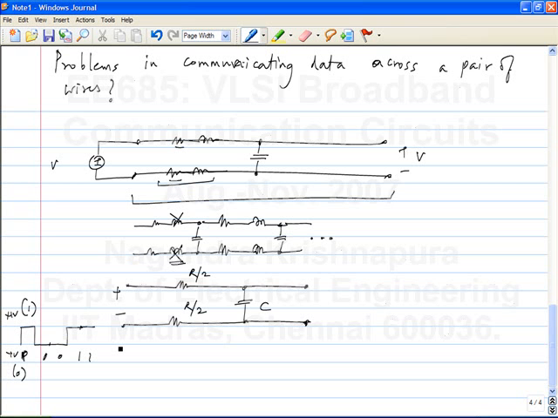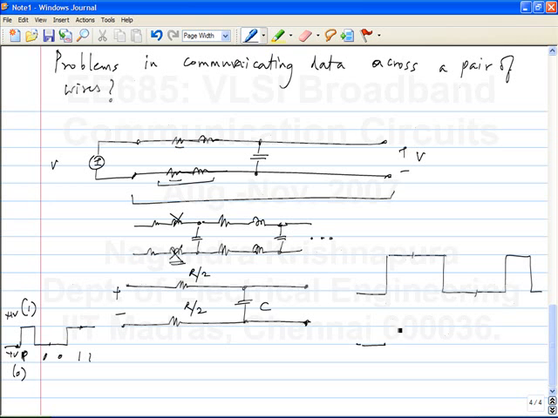So it depends on the values of R and C, but we know the step response. So we firstly can recognize that the digital bit stream here can be broken up into a number of steps, and we know the step response of the RC system. So we can reconstruct the output signal. Depending on, let's say, R and C are very small to start with, in that case, let's say you send this. This is what you send, and what you receive will be